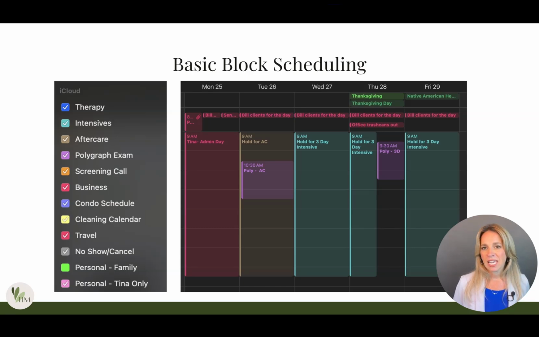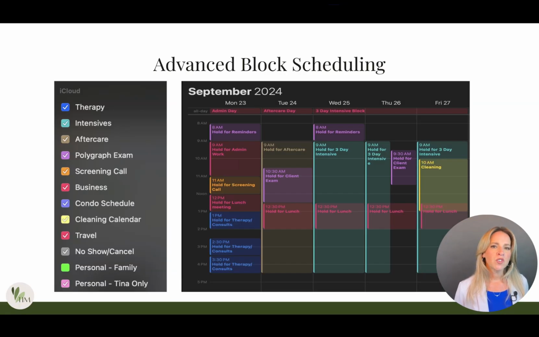The administrative day gives me the ability to spend more time in pre and post prep if needed, as well as allocating time to work on the business rather than in the business. It's a good idea to consider screening calls, other important meetings, and reminders that can easily be filled or deleted if not needed. For those of you that love color coding and organization, you may prefer an advanced block scheduling